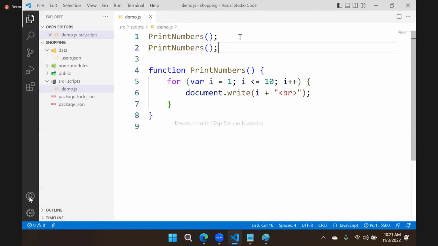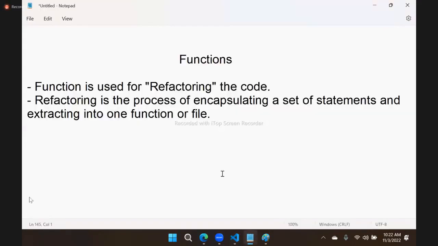That's the reason all these days what I did, we manually wrote a function and in that we wrote some statements. Otherwise we should have used refactor. That means in the beginning itself you might have known about refactoring. So if anybody asks what is the purpose of a function, so simple, a function is technically used for refactoring the code. What is the advantage? That means you can reuse the code